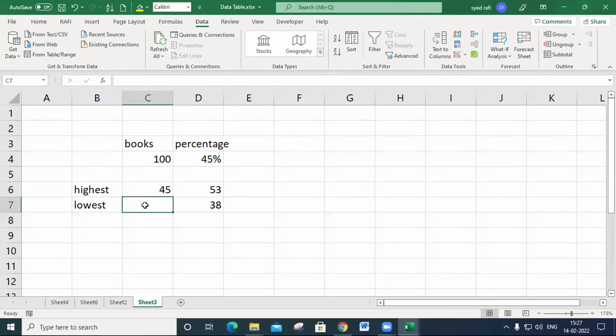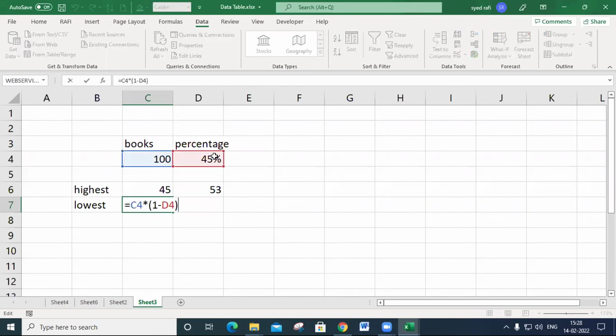How do we get this answer? By subtracting the percentage from the whole, 100 minus 45. Equal to 100 into, open a bracket, 1 minus 45%, then you get this answer. Is it correct?